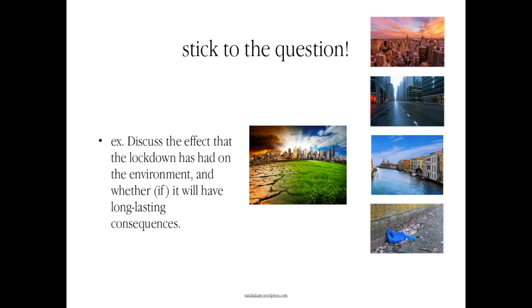And then, frequently asked problem, stick to the question. Answer the question you have been asked. Let me give you an example. Imagine this is a possible writing task you might be given in your exam. Discuss the effect that the lockdown